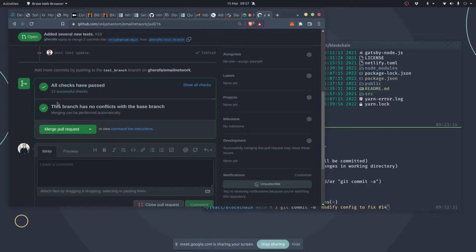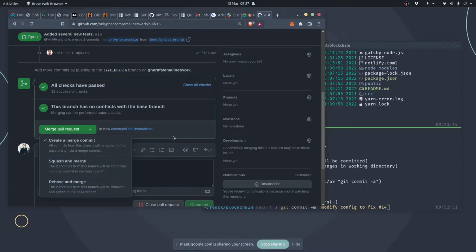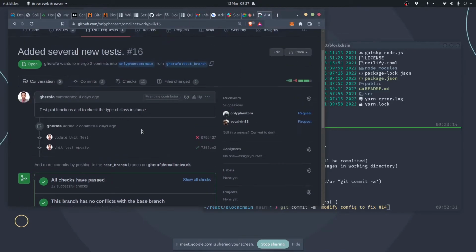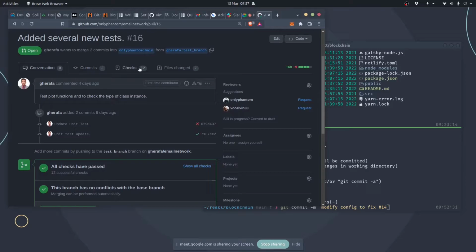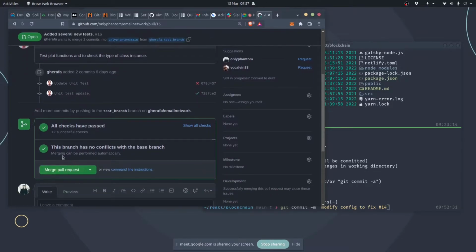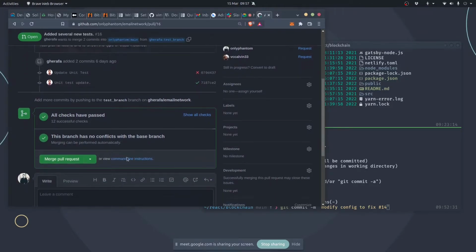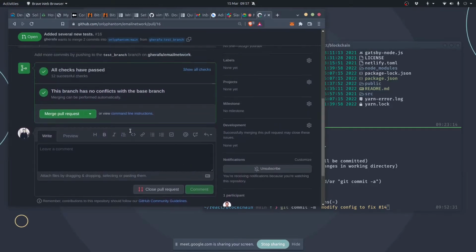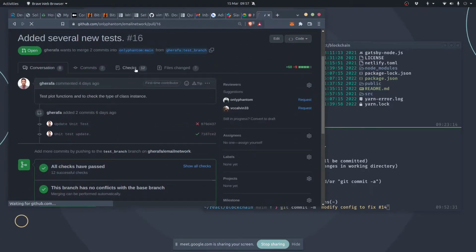Okay, so when all of this is passed, then one of your team leaders, your superiors, usually, when you work in an engineering team, there are people who are in charge. They are the collaborators of this project. They are the ones that can merge this in. To merge this in, they will do a review, and they can do the reviews directly from here, directly from when you send in a PR. For me, I've already done the review, so I don't really have that option now, but I could show you what happens